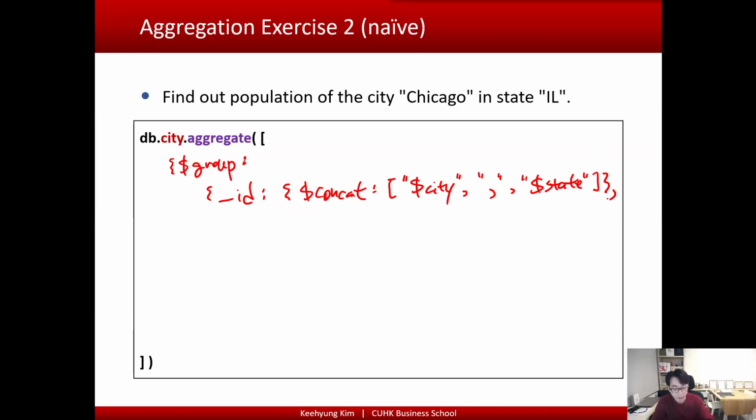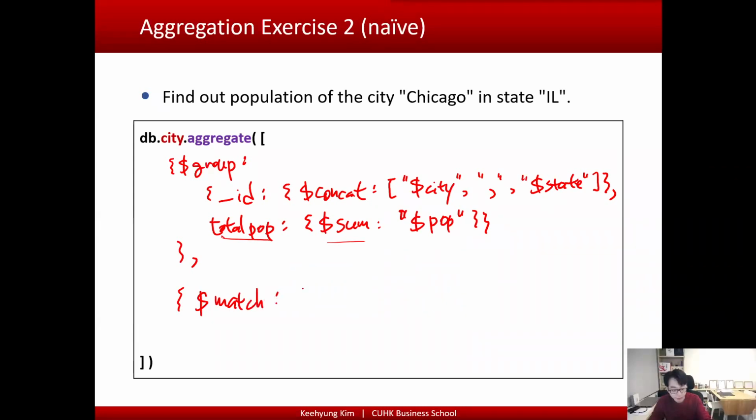Finish concat, and then we specify the combining rule, which calculates total population using the sum operator like this. This is exactly the same as what we designed earlier, right? Basically, we make a group based on each city in state, and then we calculate total population using the sum operator. And then we'll find,